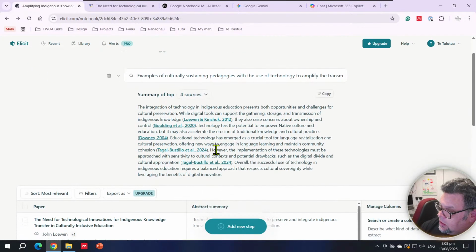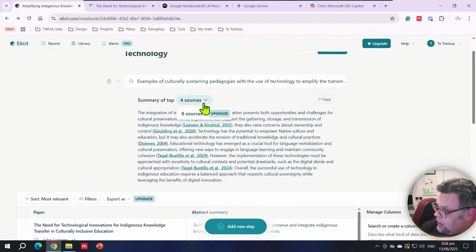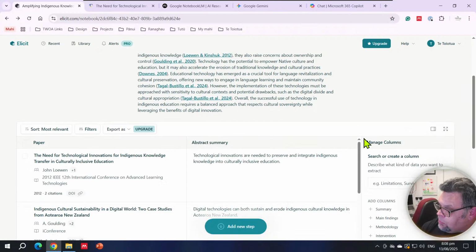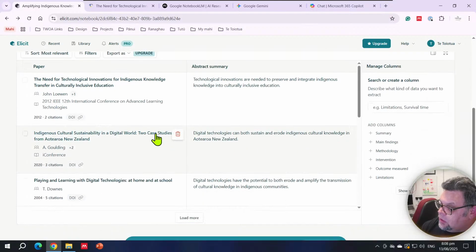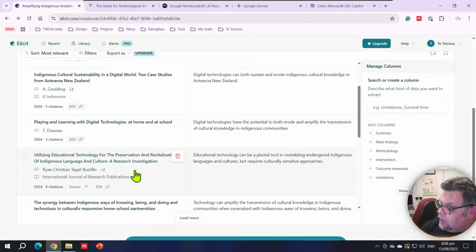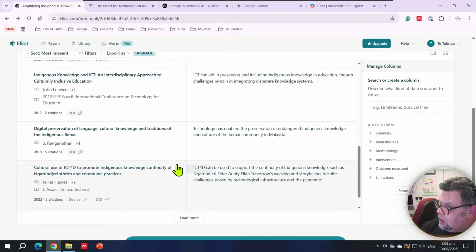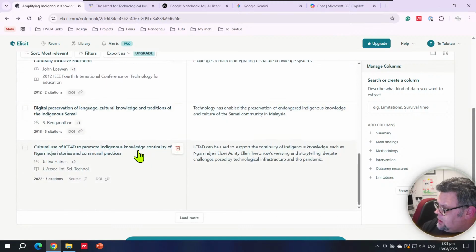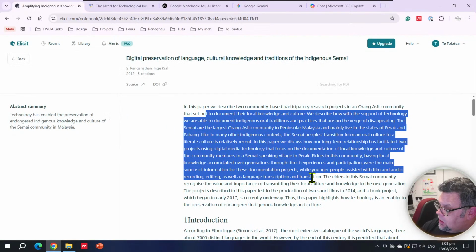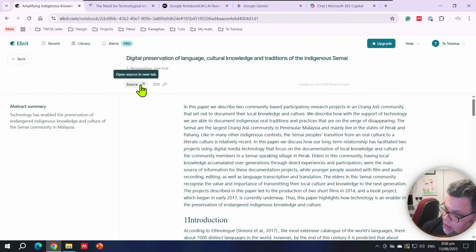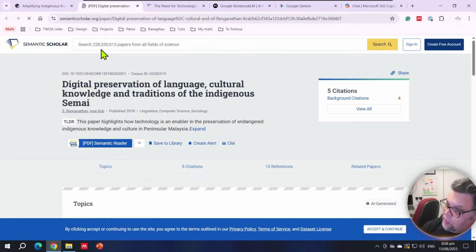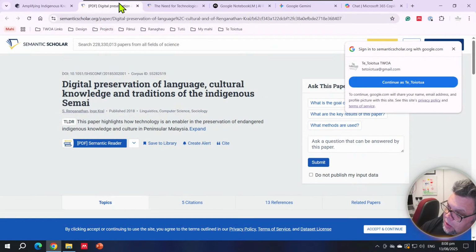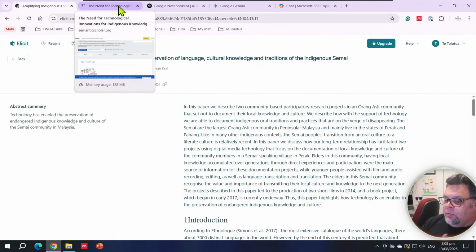Okay. Summary of the top 4 sources. I've got to upgrade to get more. So it's just done the summary, but it's given me 10, I think. And once again, I can click on it, get a little summary. If it's what I want, I can go to the source. So it's much more of a deep dive into